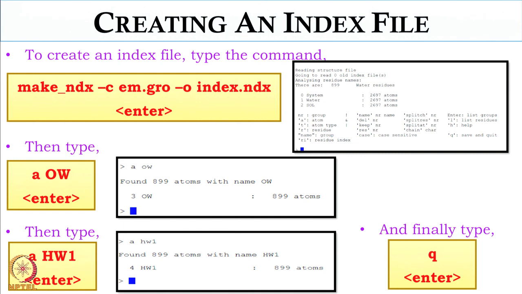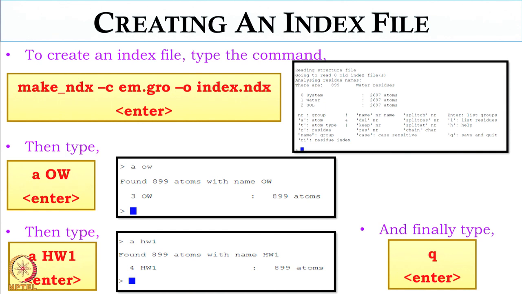In the two boxes in the middle, it says 3 OW on the top and 4 HW1 at the bottom. What are the meanings of that 3 and 4?